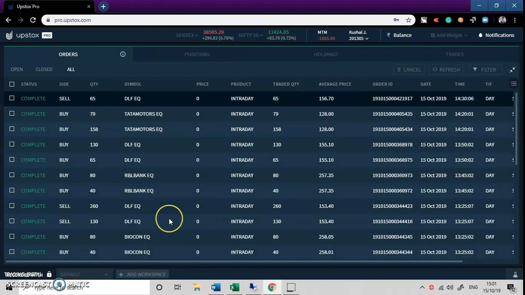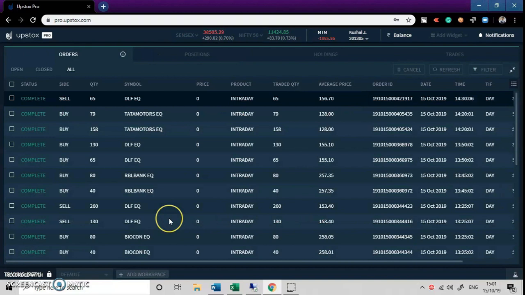The main reason is I was using market orders on Yes Bank, and Yes Bank is a share of very small price, 40 rupees 20 paisa only, and the market spread is very high. So every time I place a market order on Yes Bank, I have to unnecessarily pay the spread, and since the stock price is very small, and if I'm allocating 10,000 rupees, a lot of shares would be bought and I will lose a lot on the spread itself. So to understand this, let us go to the order book and check what went wrong with Yes Bank.